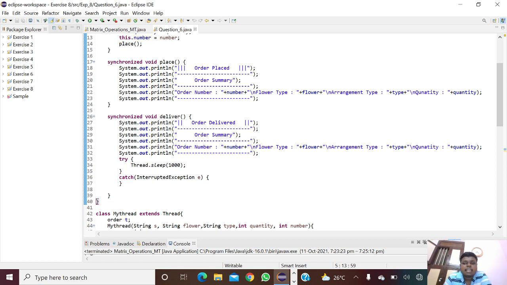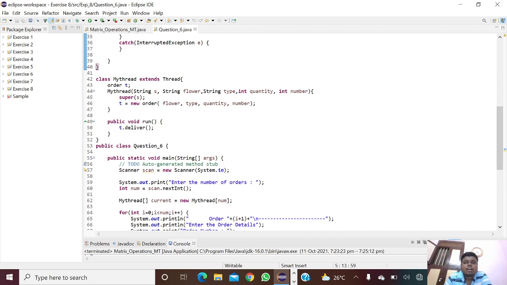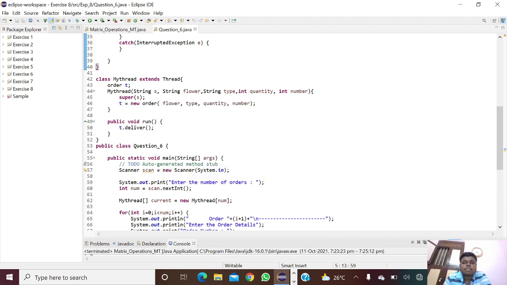Next using a try catch, so try Thread.sleep of 1000, then catch InterruptedException e. Next using a class MyThread that extends Thread, and then Order t. Then MyThread of String s, String flower type and int quantity and number, and using super of s. Then t equal to new Order of flower type and quantity number.